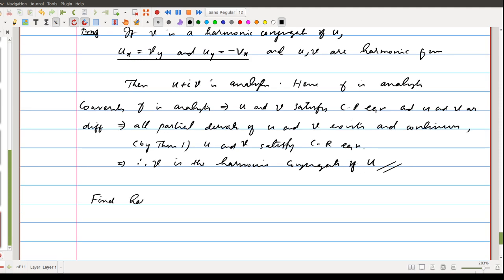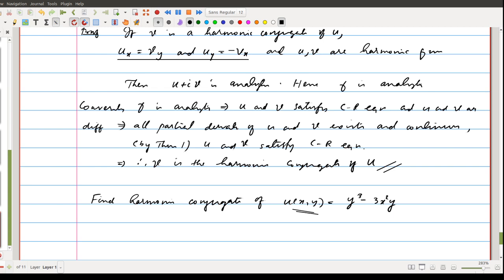Find the harmonic conjugate of u of x, y, which is equal to y cube minus 3x square y. So first of all, you have to verify that this u is harmonic, then only you will get the harmonic conjugate as well. So in order to verify this u is harmonic, then you need to verify that